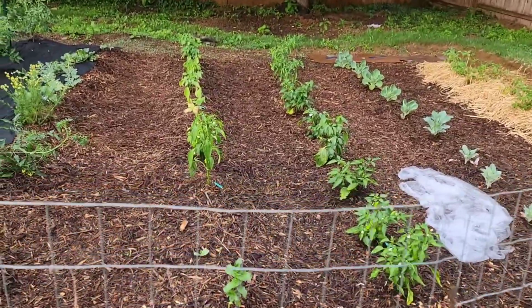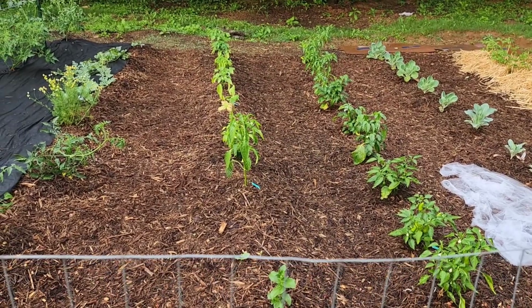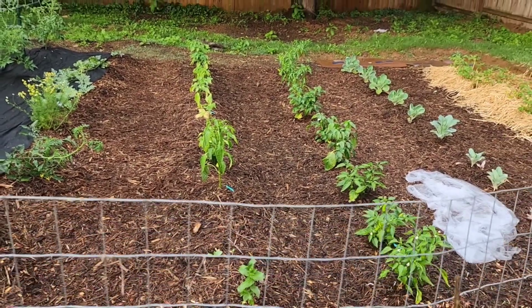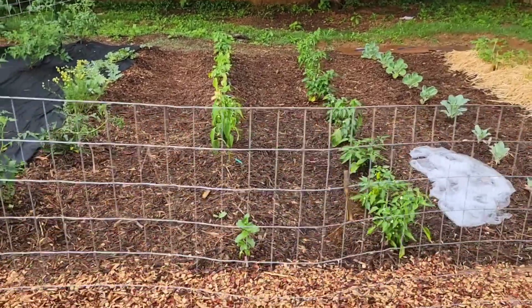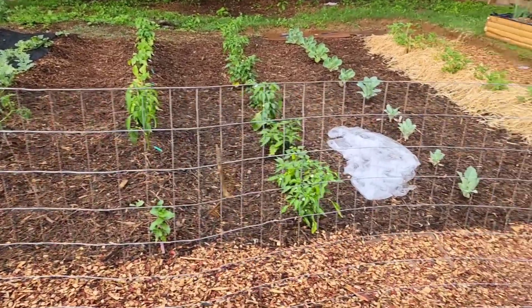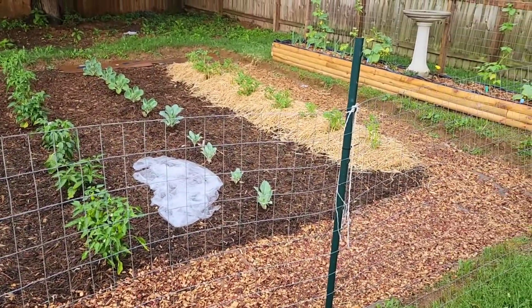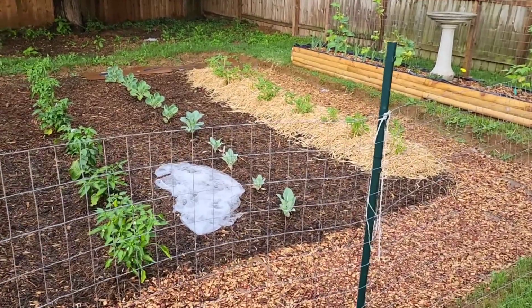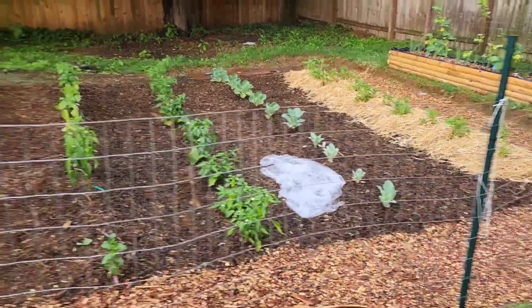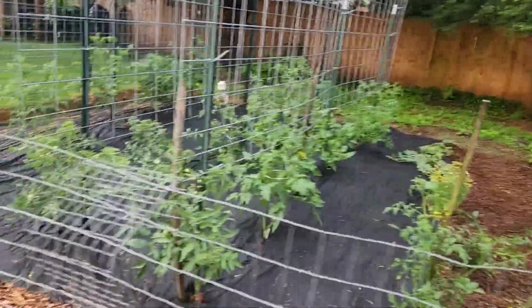Here's the mulch that I just put down a few days ago. This is a double ground mulch. The reason I use the double ground is because it breaks down a little bit quicker into nutrients for your plants. I mulched the potatoes with straw, and that's another whole story. You can watch a potato video if you want to know more about that. But anyway, after I mulched the tomatoes,